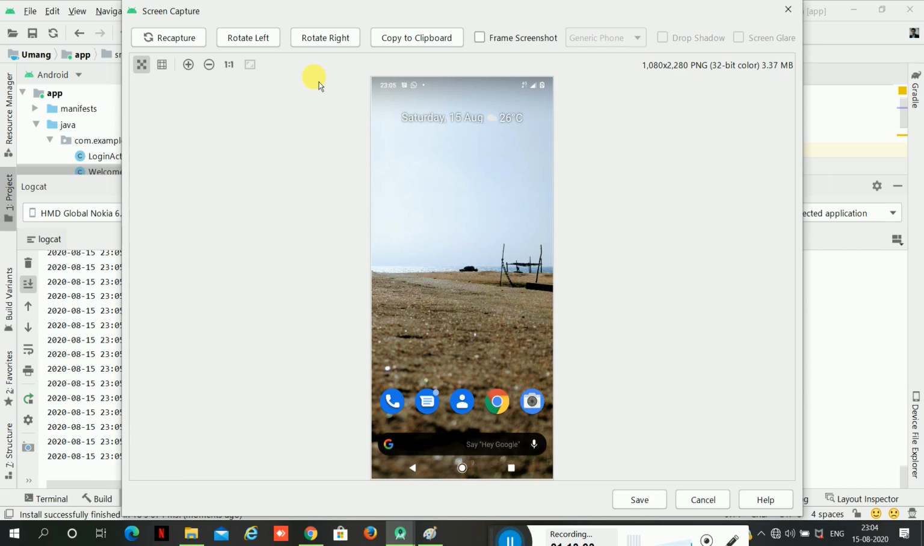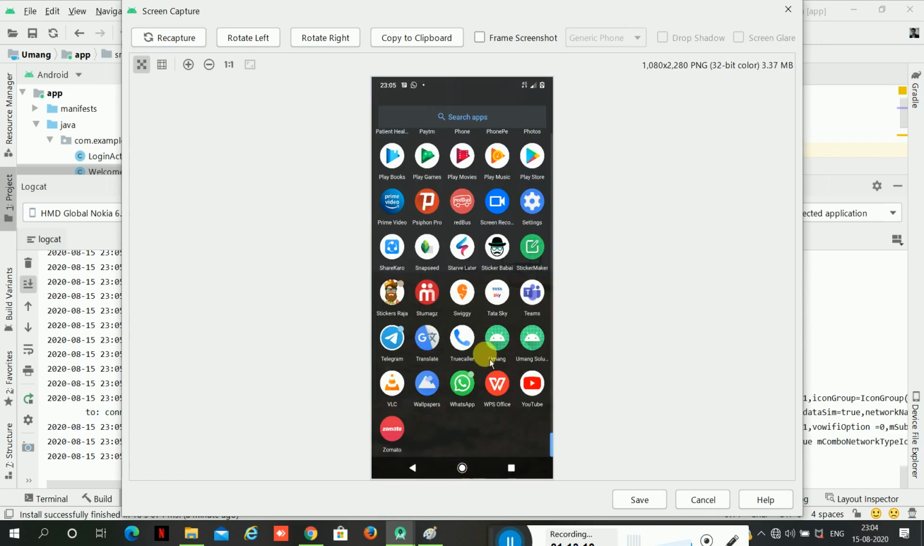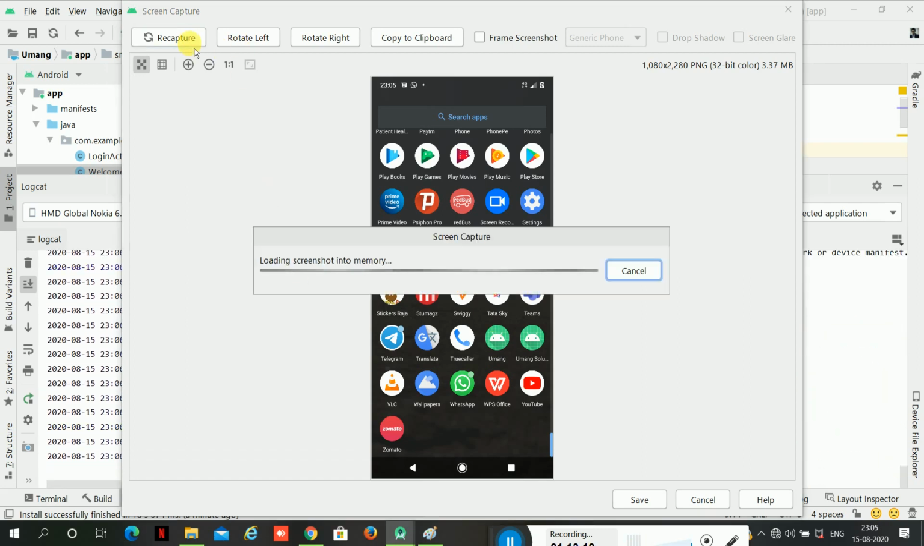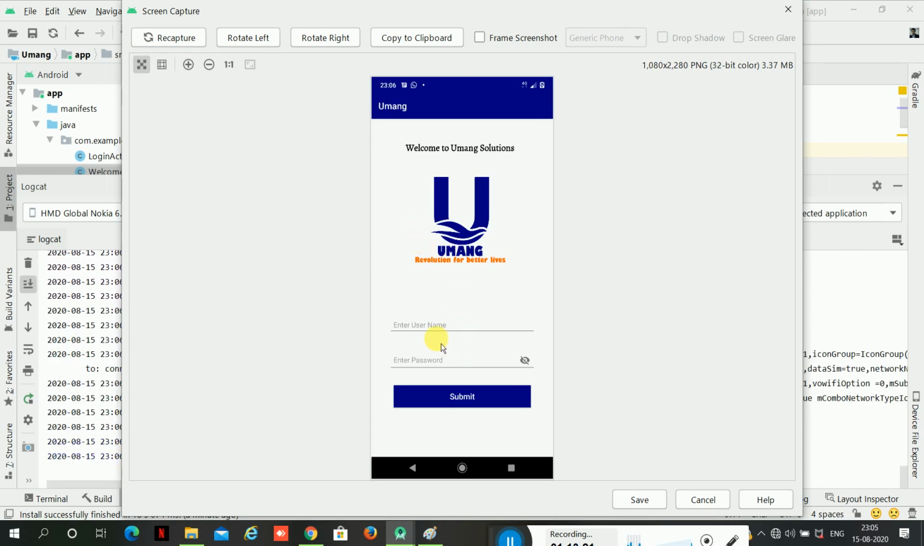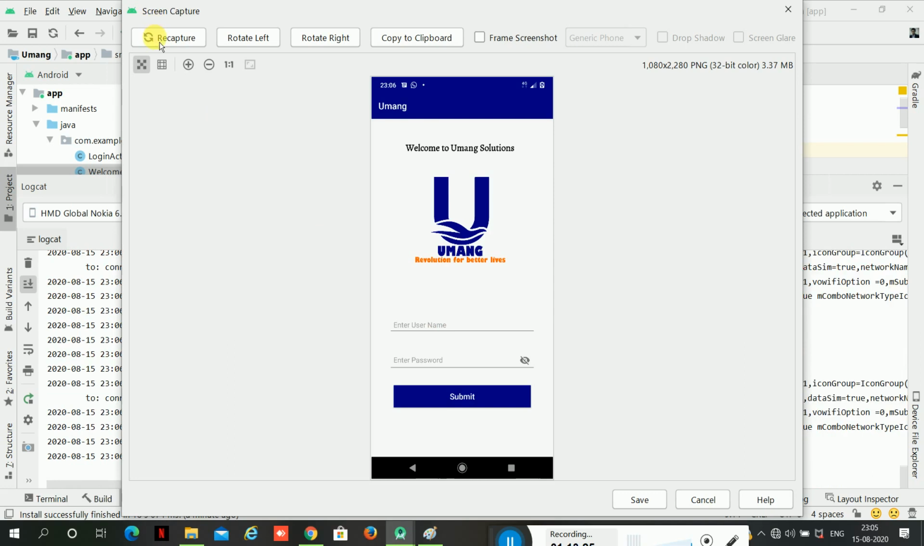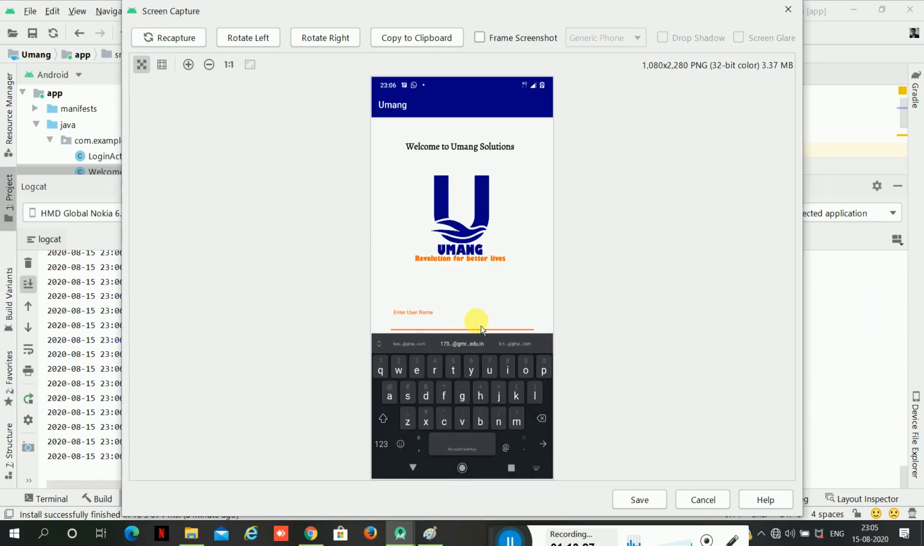Now I'll be going to my app. So see, this is my Umang, this is my application. Again I'll be pressing on that. Now my application will open. Now it will look something like this. So see, I'll show the difference. Now the difference between EditText and